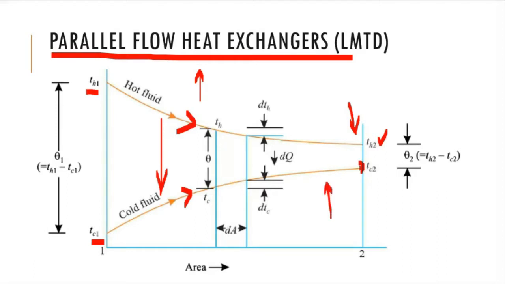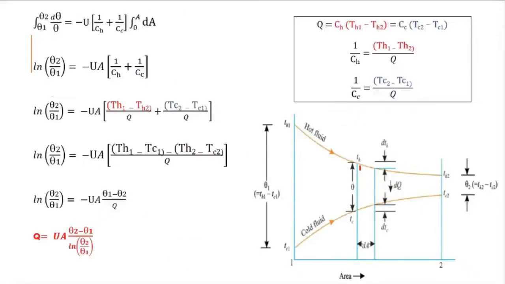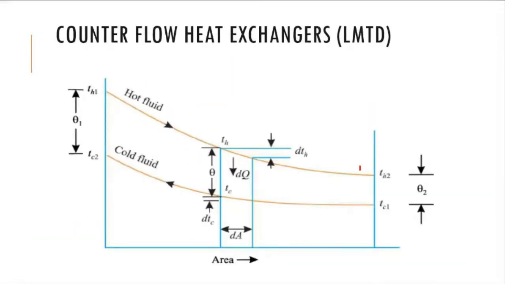Now if we will see the same temperature variation in case of counter flow heat exchanger, it is going to look something like this. Here the hot fluid and the cold fluid will be flowing in the opposite directions. So the hot fluid is flowing from left to right and the cold fluid is flowing from right to left. This is the inlet for the hot fluid. It is given by TH1. So if the inlet of hot fluid is from this side, the cold fluid will be entering from the opposite side. Outlet of hot fluid is over here. Temperature is given by TH2.